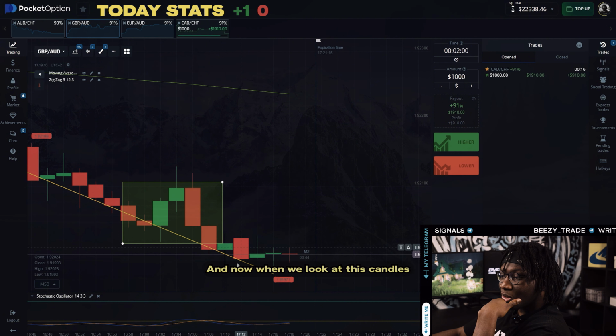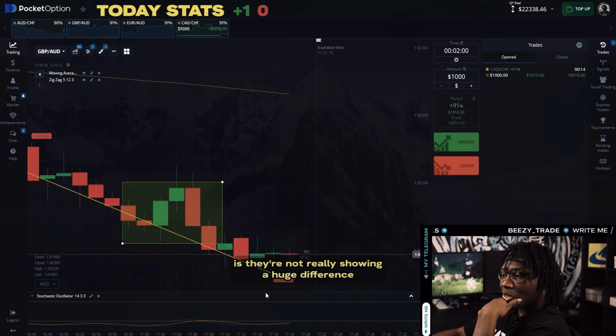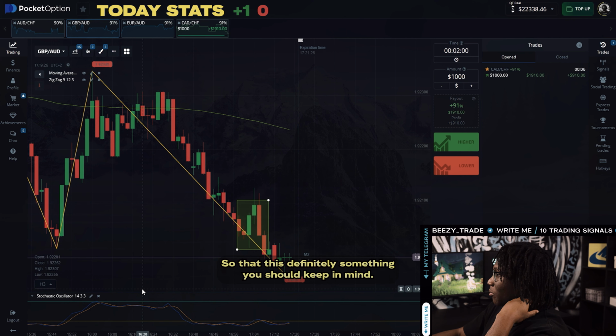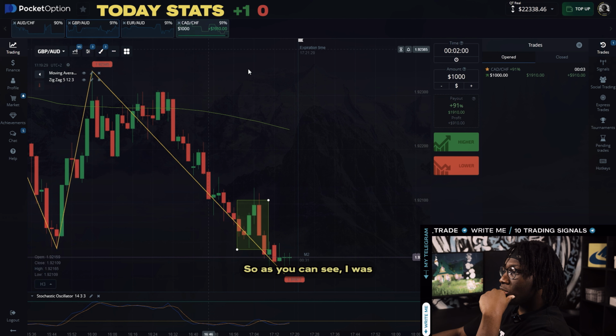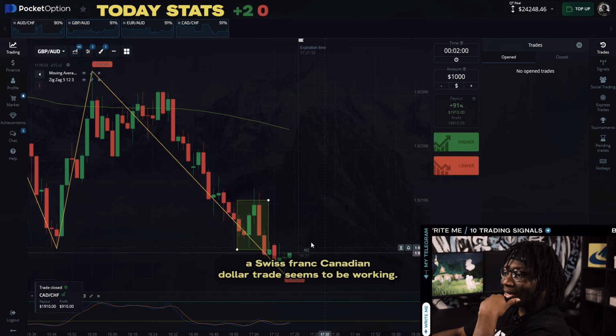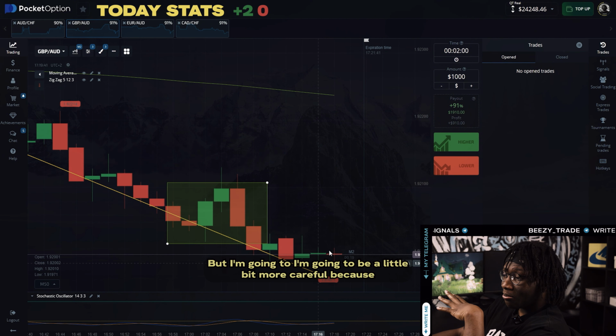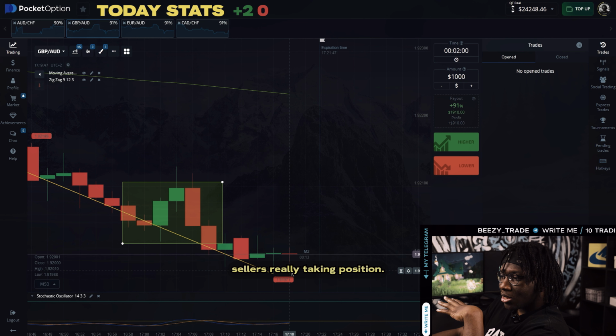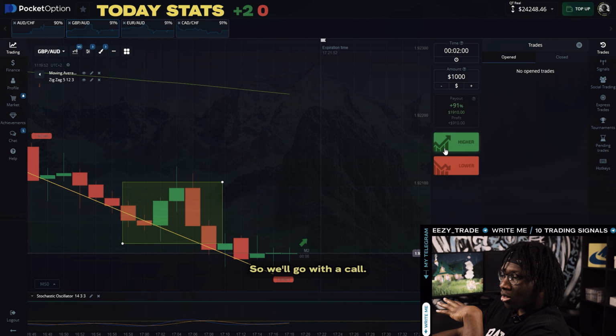Now when we look at these candles, they're not really showing huge strength at all. They're pretty short compared to what we saw here. So that's definitely something you should keep in mind. As you can see, our Swiss franc Canadian dollar trade seems to be working. Now we're seeing that it's picking up steam a little bit. You can see them still pushing that price down. So I definitely want to enter into a call, but I'm going to be a little bit more careful, because I don't see the sellers really taking position. So we'll go with a call,